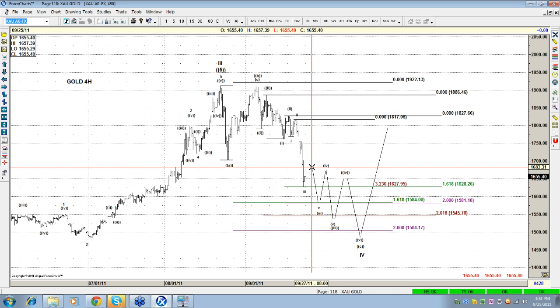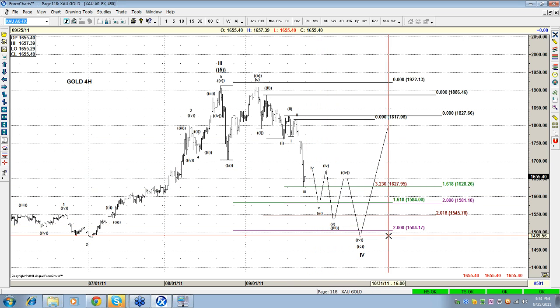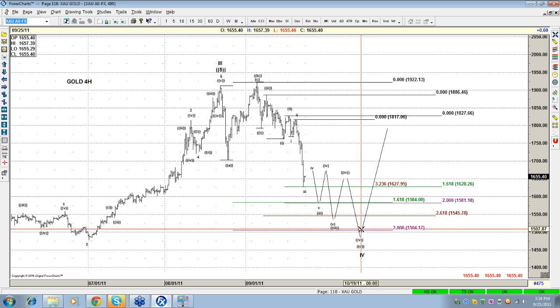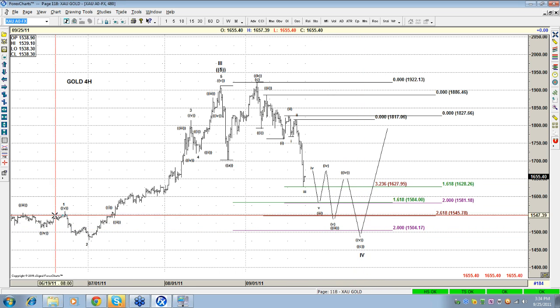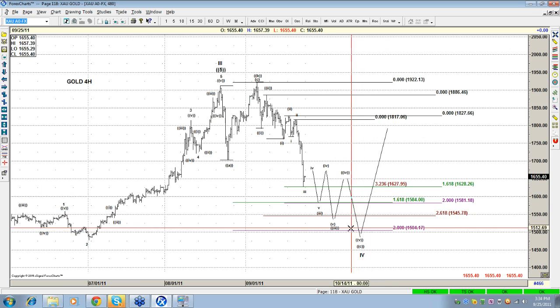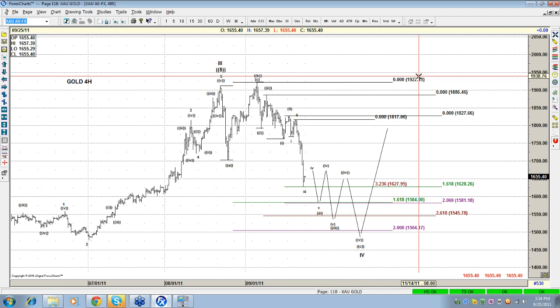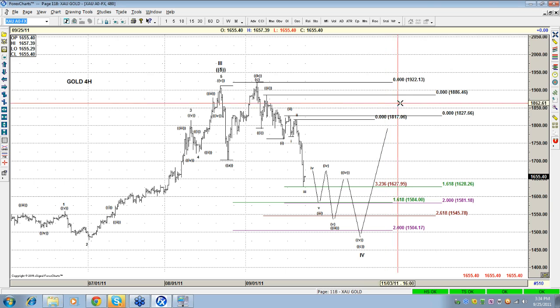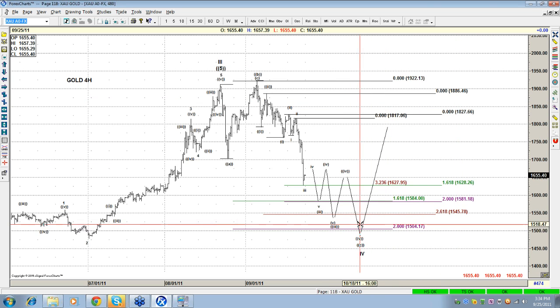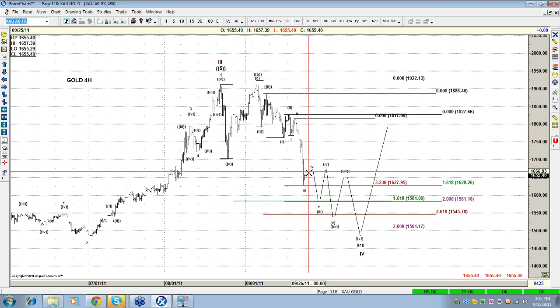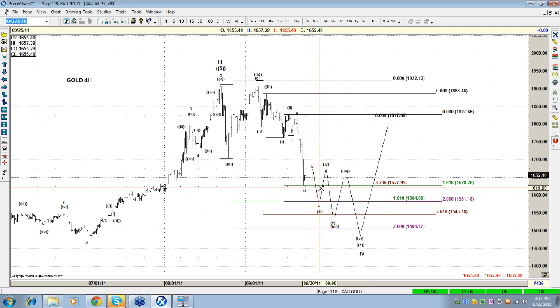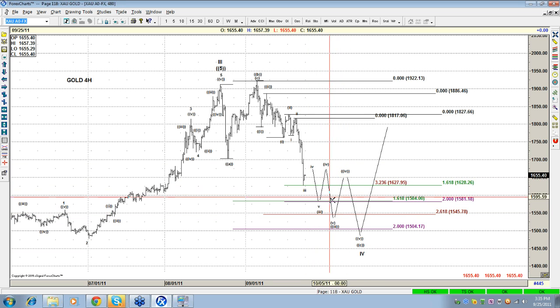We should see gold go higher, lower, higher, something to around the 1500 area. That is the previous 4 area right here. And from there, gold should bounce. That's what we like in gold. I don't think that gold topped already. I think 1500 should come, and that's this gold with more downside in the metals.